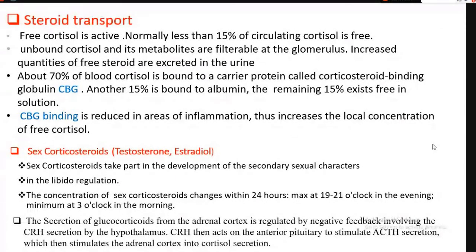So I'll go on from tomorrow. Not tomorrow, tomorrow is a holiday. On Sunday, I will discuss steroid transport: how steroids are transported in the blood. There are binding proteins called corticosteroid binding globulins. They bind it. And for sex hormones also, there are binding globulins. So this is combined with the reproductive system class also, because I have a responsibility to take the reproductive system as well.